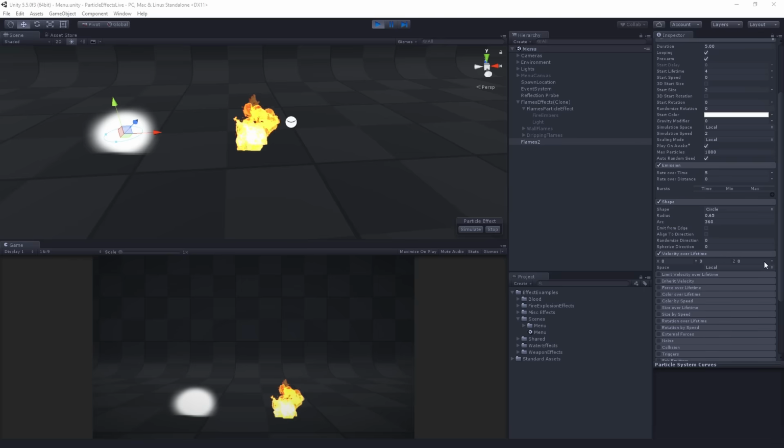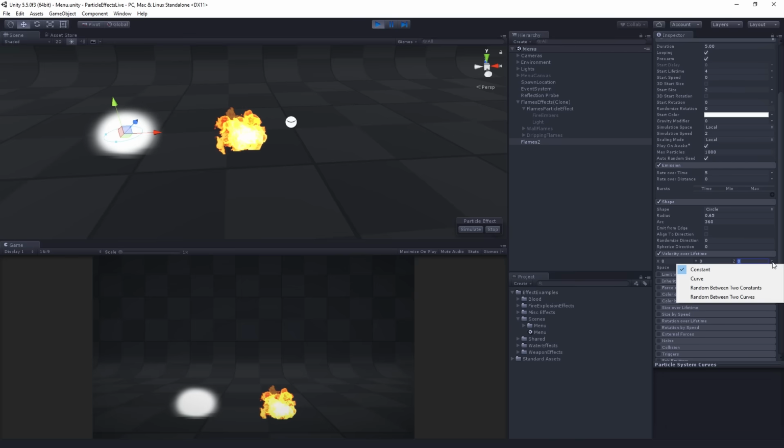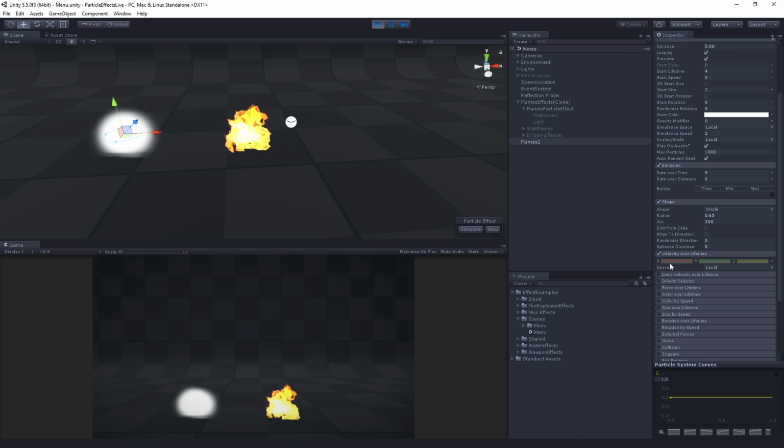So what we're going to do is, currently we have single values for the X, Y, and Z axes. These are going to be the velocity of any individual particle over its lifetime. And so what we're going to do is we're going to switch this from a constant, right, a single number, to a curve. Now notice we have some other options. We can do random between two constants, which we will use later, and random between two curves, which we won't end up using. So we're going to select curve,